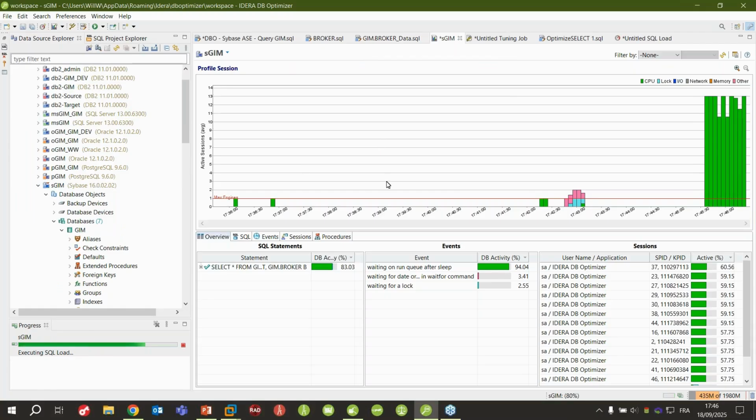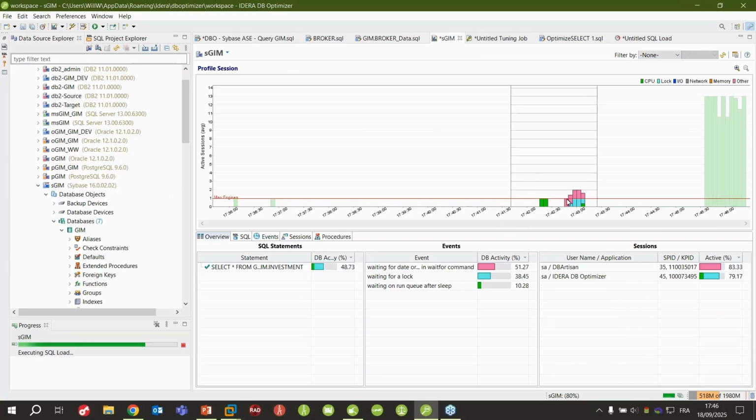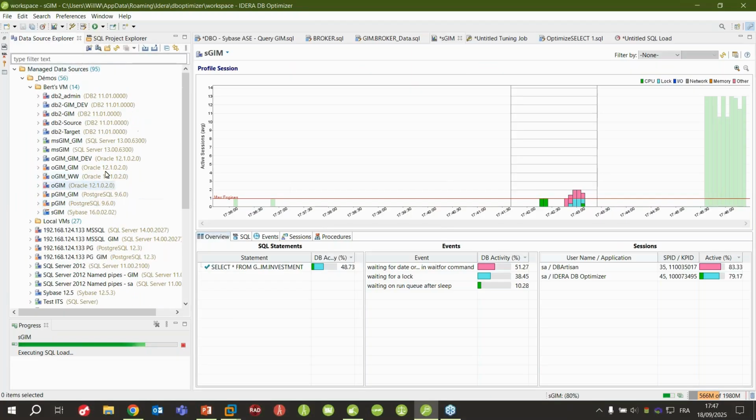You can save this profiling session. You can share it with your colleagues. So if you are a DBA, you have found an issue with this specific stored procedure, you want to show it to your developer, you can save this profiling session, and then if they have the tool on their side with DB Optimizer, they can open this profiling session and view on their side exactly the same user interface, or you can generate some reporting if you want to. And you can achieve this, like I said, on all the different platforms.